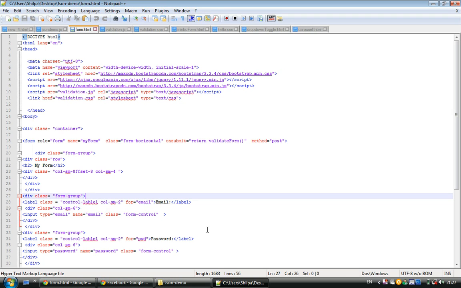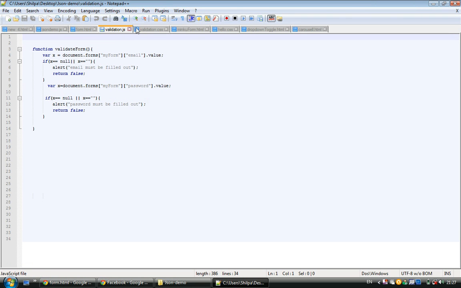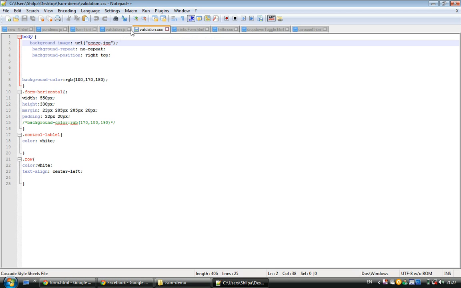This is the code which I used. In this I use HTML, Bootstrap and CSS. We know CSS is used for web page designing, and HTML is used for writing the code. In this I give two links, validation and CSS. Here I put the validation, and here the CSS coding.